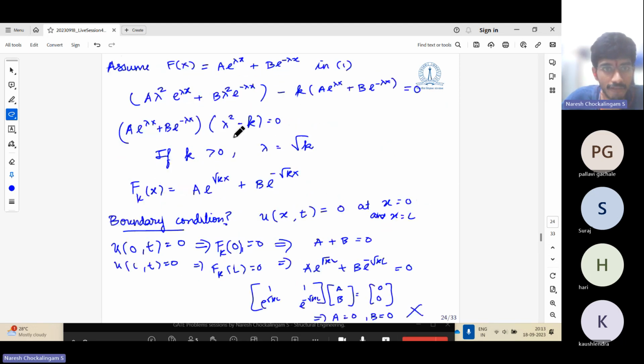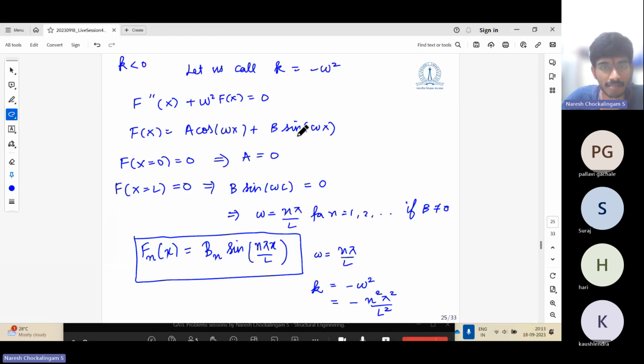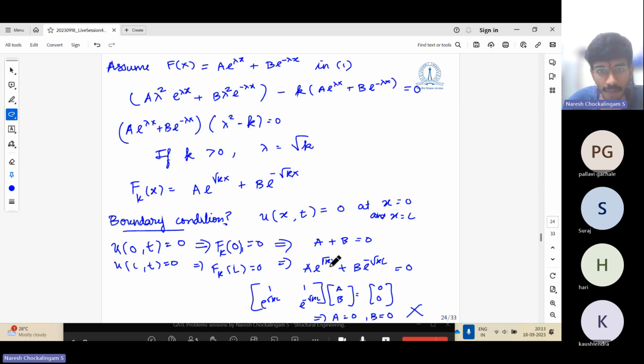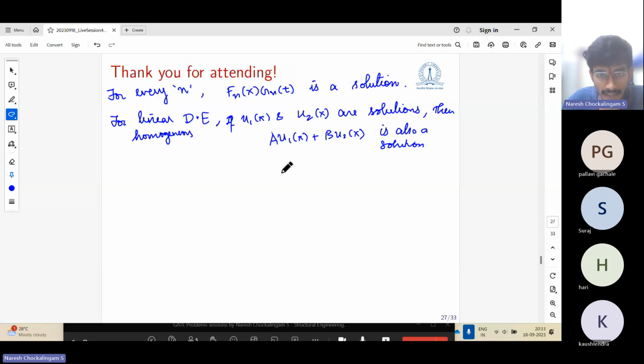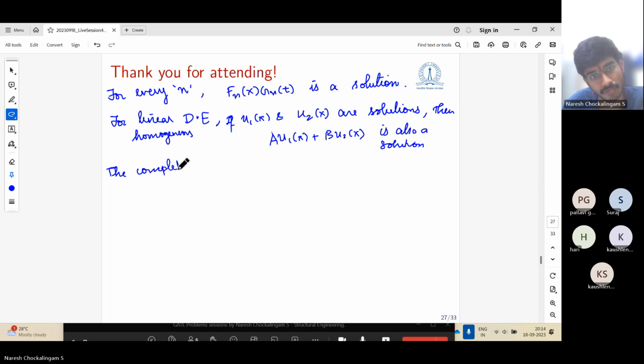That is why we wrote f of x as a cos omega x plus b sin omega x, because cos omega x also satisfies the equation, sin omega x also satisfies the equation. Same thing with the e power lambda x also. So in this case, if you have two, it's just a plus b. If you have three, it is a u1 of x plus b u2 of x plus c u3 of x and so on. Now, if you have n such values, for every n, Fn of x, Gn of t is a solution. Therefore, the complete general solution is